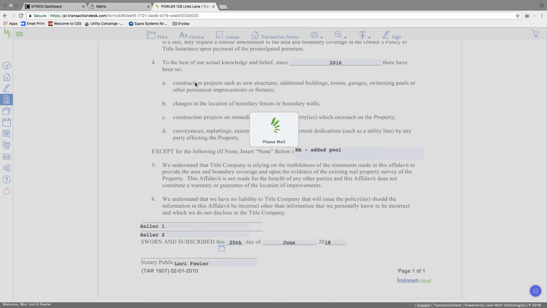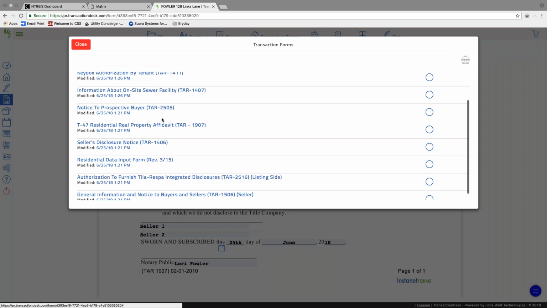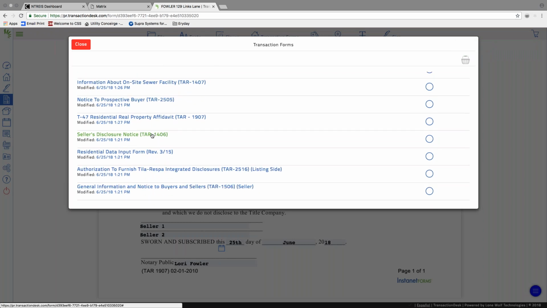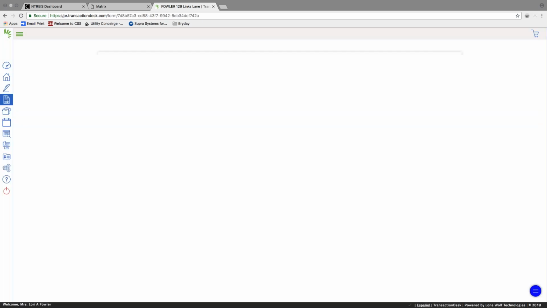File, Save, Save. File, Open Form. Seller's disclosure, they'll fill out at the listing appointment. The RDIF form is something that I carry around with me while the photographer is there. This is where I input all of the exact measurements of each room and all of the features that the property has and